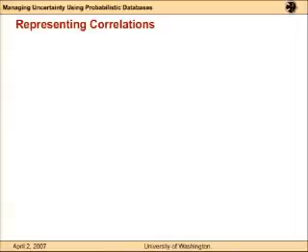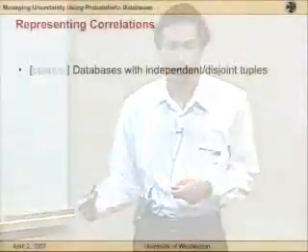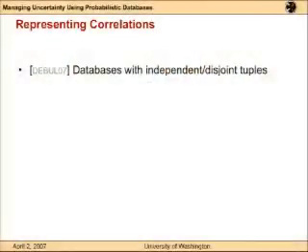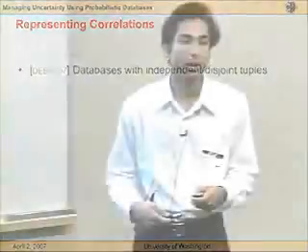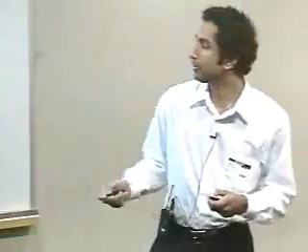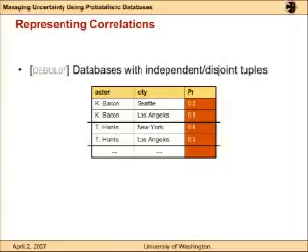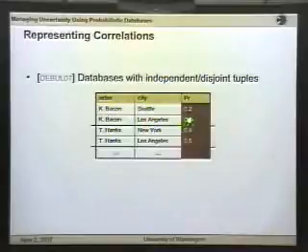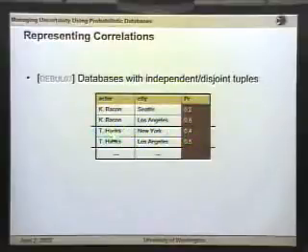Okay, and so far I have only discussed databases where all the tuples are independent. I will talk a bit about correlations. So one natural way to represent correlations is using independent and disjoint tuples. And here's an example. Here the tuples are divided into groups, and these two tuples form a group, and all the tuples here are disjoint. So it says either Kevin Bacon lives in Seattle or in LA, but not both. And so these are not independent, but these are disjoint events. And this is another group where both of them are disjoint, and across the groups are independent.